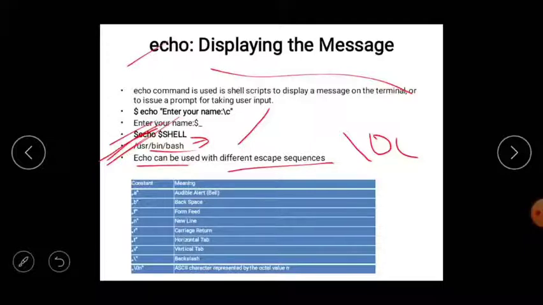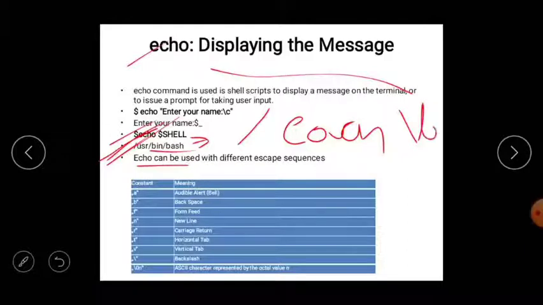Next, backslash b, backspace, which gives a backspace. Here we use it like echo backslash b, and we write some message, and with the backspace it is going to print the message.